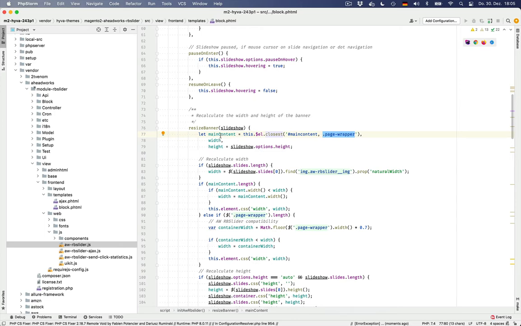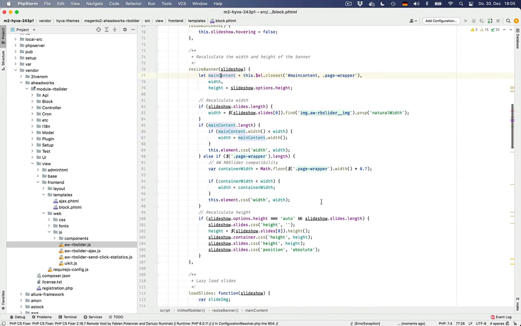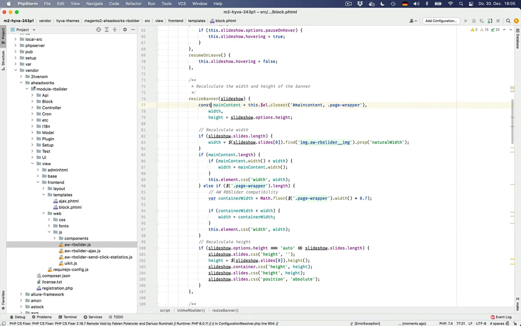Cool. So is main content redeclared? It isn't. Very good. So let's say const. But width is being redeclared. So let's say let here. What about height? Height is redeclared too. All right. Good. So what have we got here? Slideshow options height, recalculate the width if slideshow slides length. All right, so it finds all children of this slide, so this must be an element. So instead of jQuery find, we'll use this and then